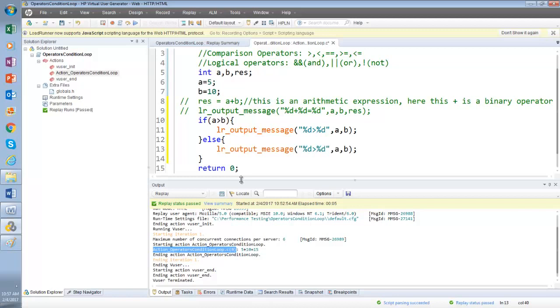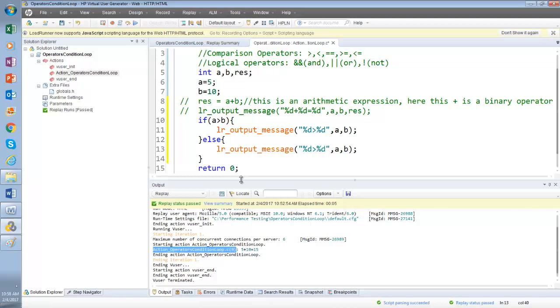If A is greater than B, that means A is bigger than B. If A is not bigger than B, then what is it? A is less than B, or less than or equal. If A is greater than B, that is fine. If A is not greater than B, then it is A is less than or equal to B.